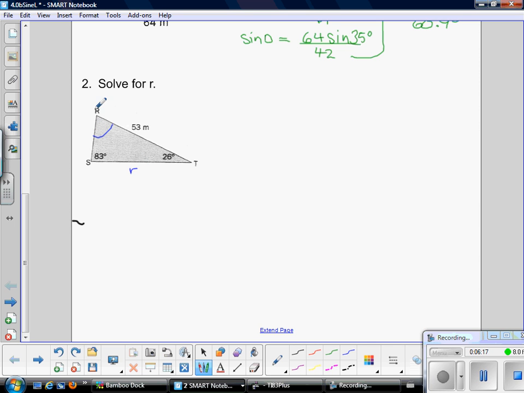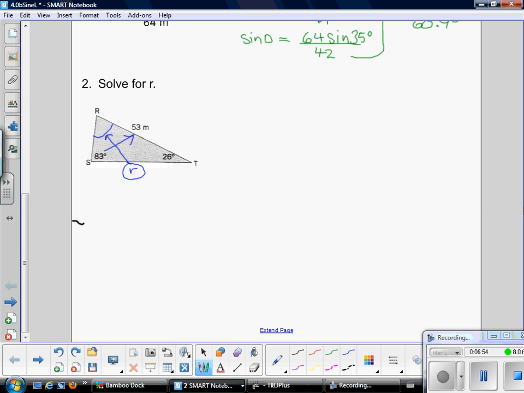Okay, so I'm going to write down my formula, and the reason I can use the sine law is I have an angle on the side directly across. Now my problem is with R, since I want to find it, I would need to know its angle directly across, which it appears I don't. Okay, so this is that example where they've given you two angles and you have to find the third one. Sometimes you don't recognize it right away, and that's all right if you don't, because after you fill out the formula and discover, I need that and I don't have that, you would go back